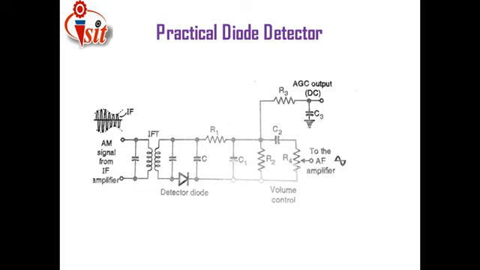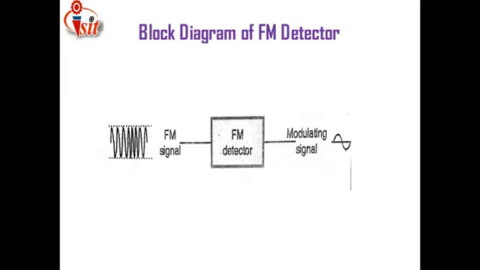Okay, thus here we have finished the AM detector part. Now let us see FM detector. For the FM detection, similarly like your AM detection, here also we are applying that frequency modulated signal as an input towards frequency detector circuit, and from that frequency detector circuit we are getting that frequency demodulated signal, which is nothing but modulating signal, and that modulating signal is nothing but your input signal.